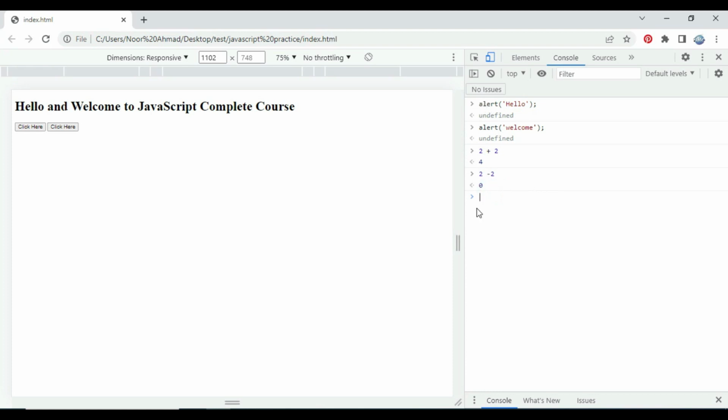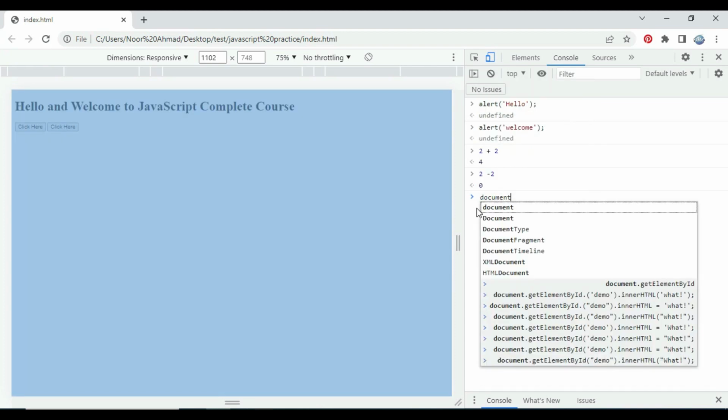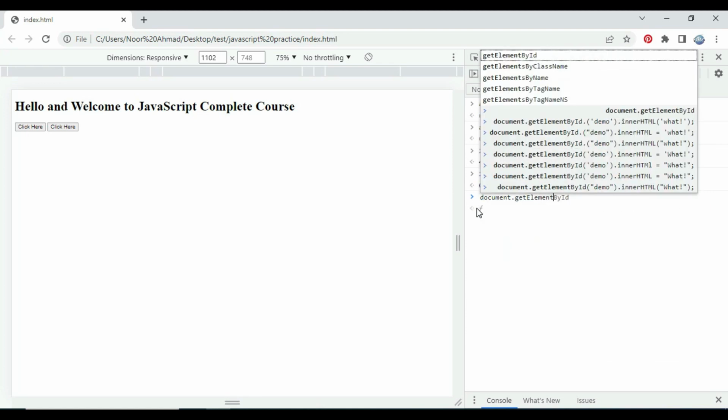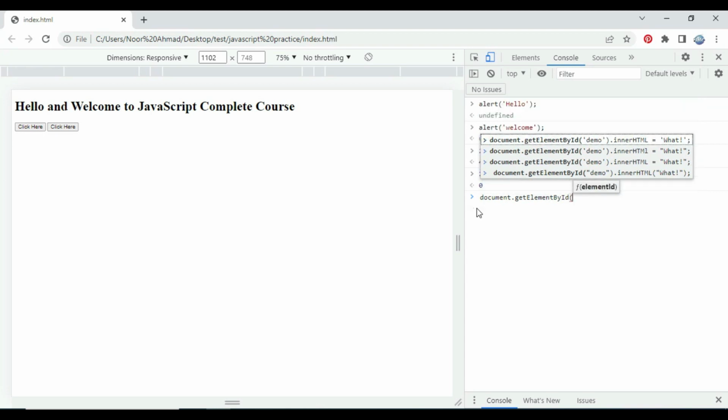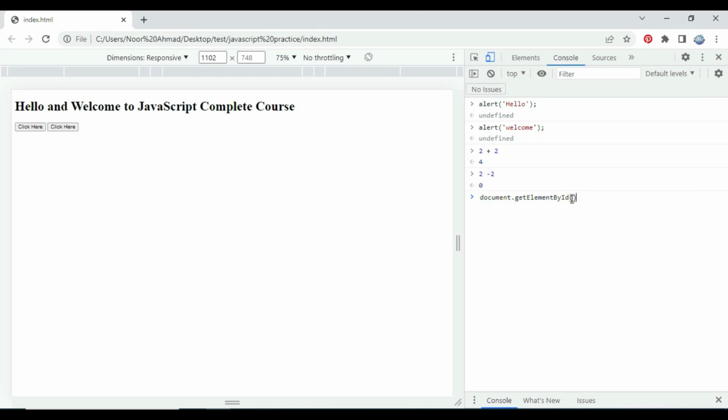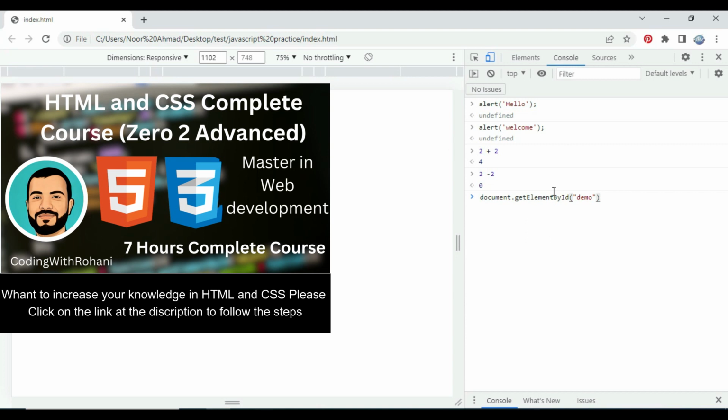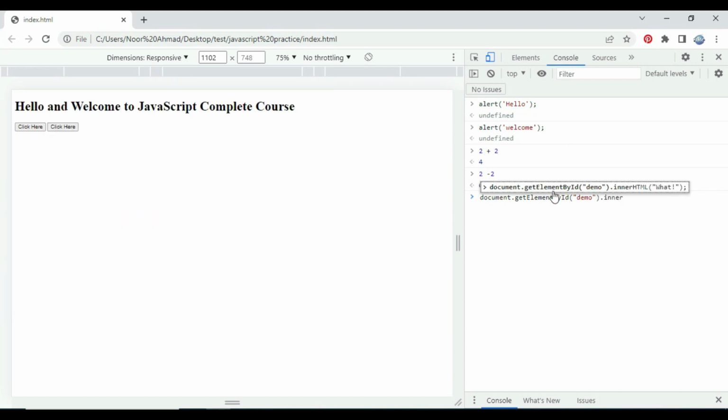And also you can change the HTML text by using JavaScript. Let me show you. So let's type document.getElementById, and here we're going to use opening and closing brackets, and inside the double quotation I'm going to mention the name of the ID that I have used in this text, and then .innerHTML,